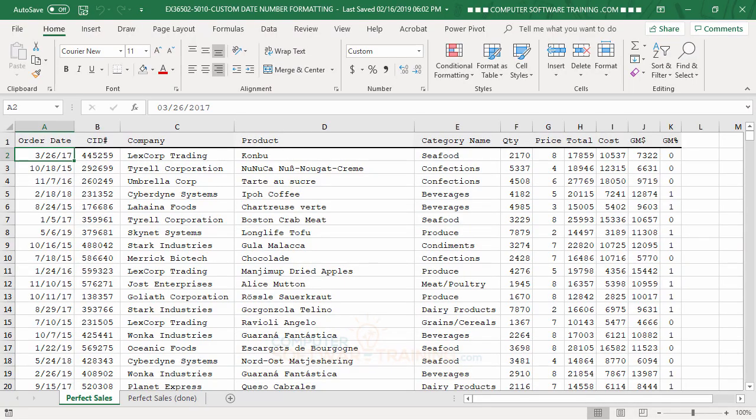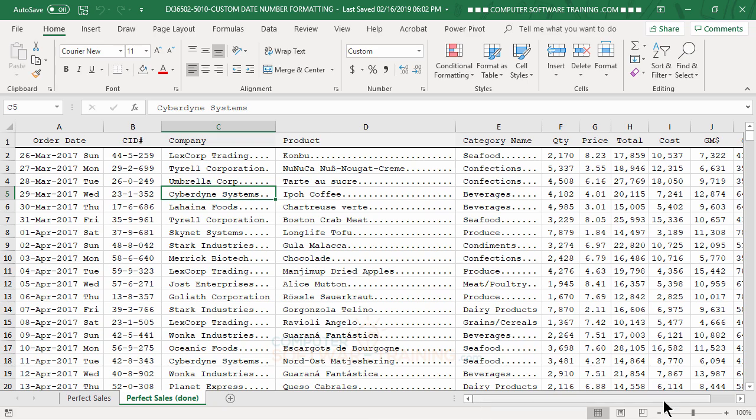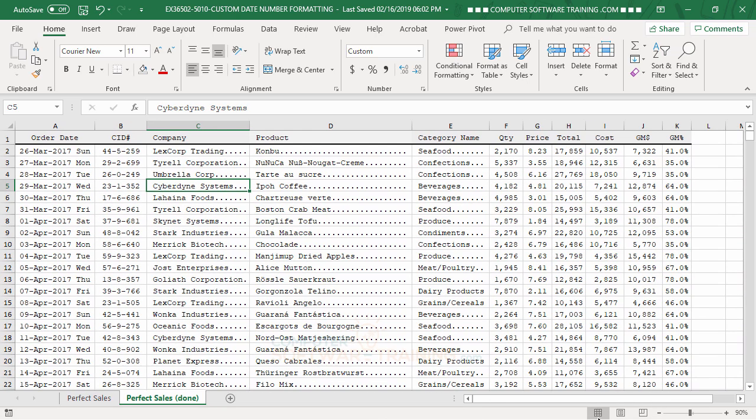Okay, so I want to show you some custom date and number formatting that we can perform on our data here. And I've got a pretty good example to show you. We're going to end up transforming what you see here into what you see there. I'll zoom out just a little bit. So pretty much adding some extra formatting for the date so we can actually see the day of the week